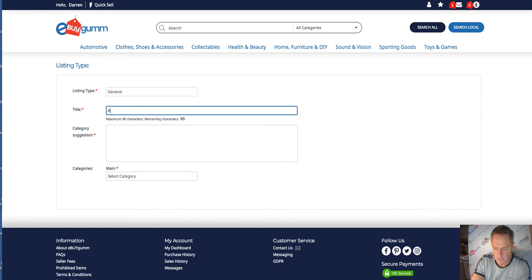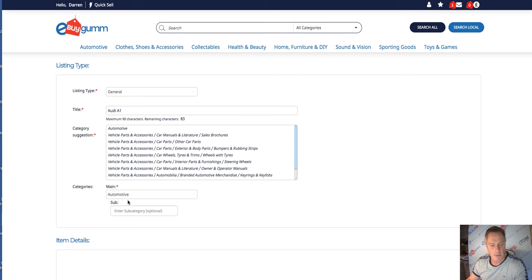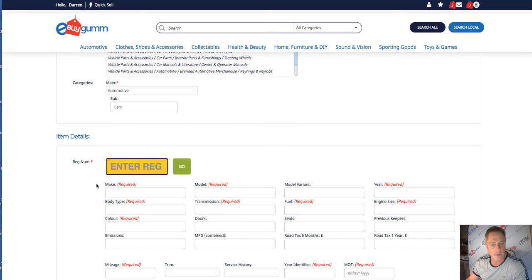I'm going to type in the title what it is that I'm actually selling, which is an Audi A1. This will bring me up some category suggestions, which is automotive, which I want, of course. This opens up a sub box. Obviously it's a car that I'm selling. Now it gives me a registration, which is fantastic. So all I actually have to do is type in the registration, which is